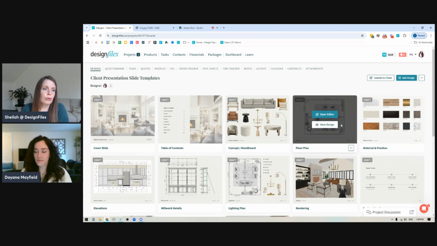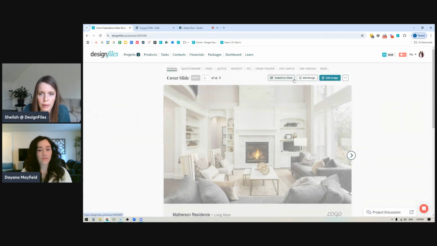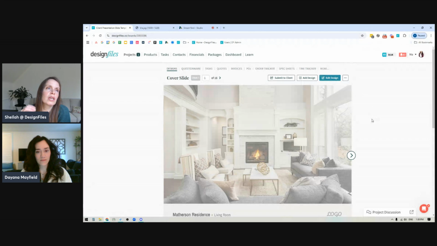So one, you could choose to send your client presentation directly to your client by doing this process right here and turning on the slides. Or another thing you could do is if you are going to be meeting up with your client face-to-face, then you can basically sit down on the sofa with them with your laptop open, and you could have your client presentation up,